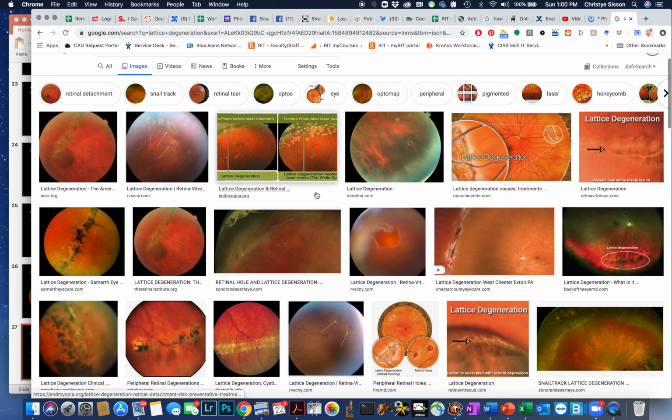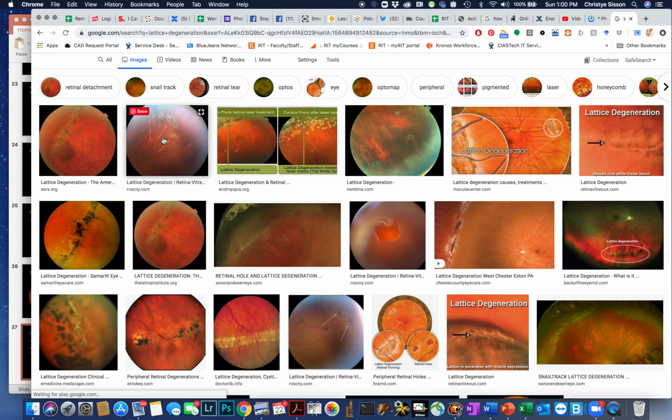And so lattice images are typically pretty bad from a quality perspective, just because you're way out in the periphery. You're almost at the ora serrata. So the advent of ultra wide field technology has made it a lot easier to follow these patients, because with a standard fundus camera, it can be extremely challenging to get that same sort of positioning, especially